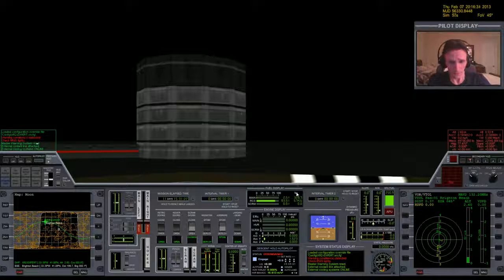But nevertheless, it worked out, and I tried a couple different landings to see what would work better. And if you remember, I determined that it would be best to go around to the opposite side of the landing pad, the opposite side of the moon, and bring your altitude down so that by the time you get over to Brighton Beach, you're not at a very high altitude, so you don't have to hover as long. And all that hover is kind of what cost us a lot of fuel. But we are here now,